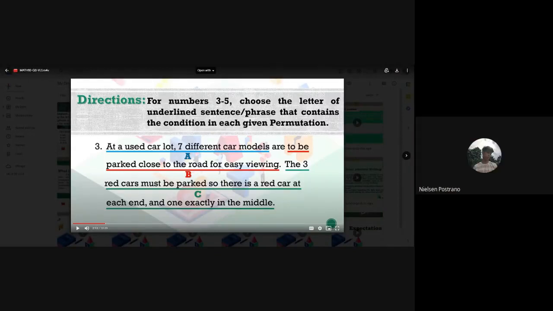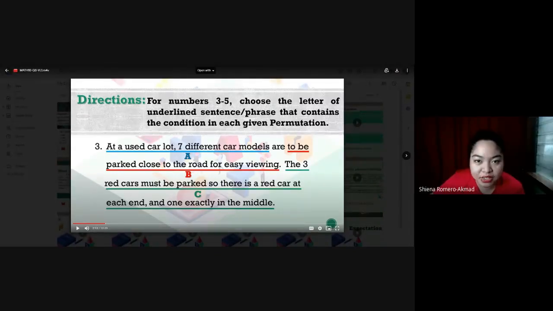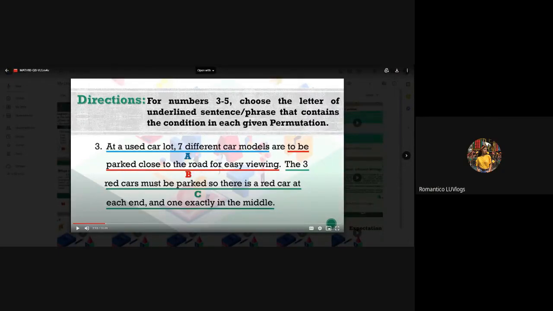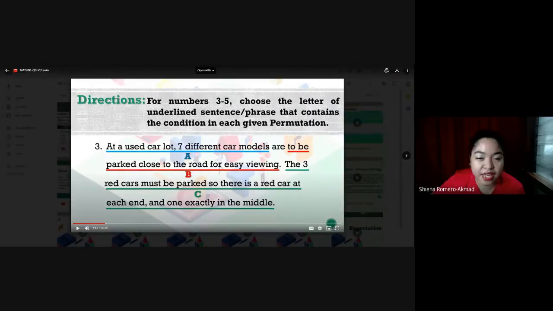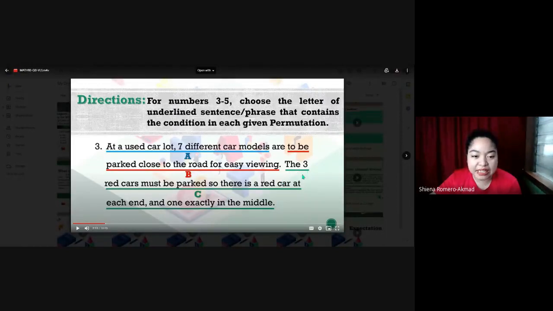C, ma'am. Letter C. Why is it letter C? Because of the words "must be." There is a clue word that says the red cars must be parked. Because you were given a specified situation or condition, this sentence contains the condition of a given permutation. So when we say permutation,